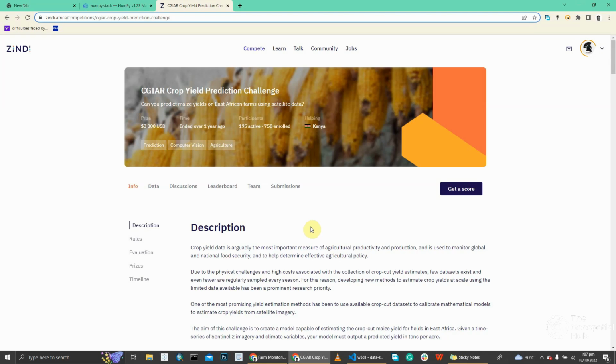Nevertheless, we'll be working with the Siaga Crop Yield Prediction Challenge, which was hosted on Zindi a couple of years back. The competition is all about crop yield prediction from Kenya farms. The data set was collected over the years from maize farms on Kenya land, and the units were recorded. So the objective of the challenge is that you predict the number of units that should be harvested from a particular